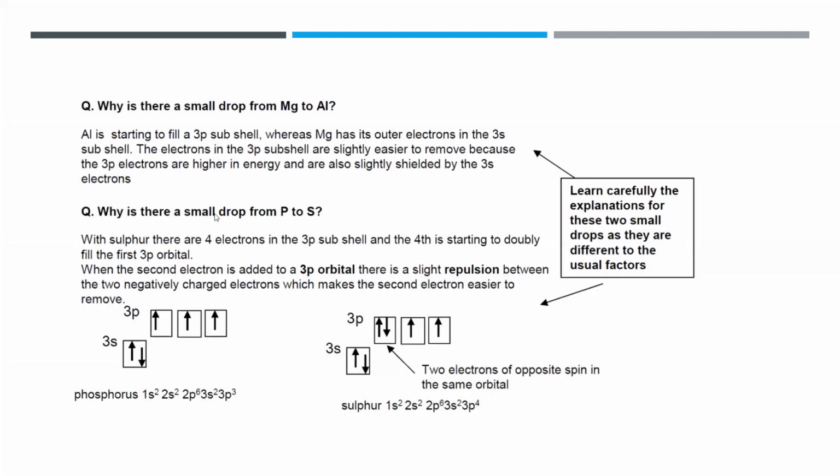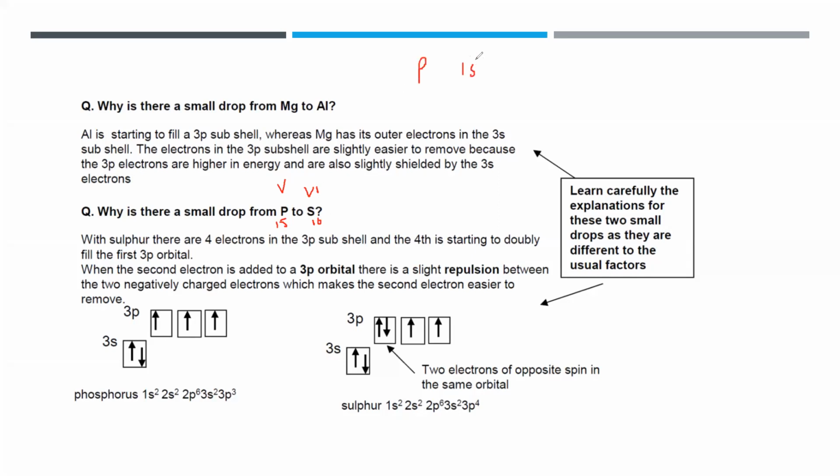So why is there a small gap between phosphorus and sulfur? Phosphorus is in group 5 and sulfur is in group 6. Phosphorus has atomic number 15 and sulfur is 16. When you write the electronic configuration for phosphorus,